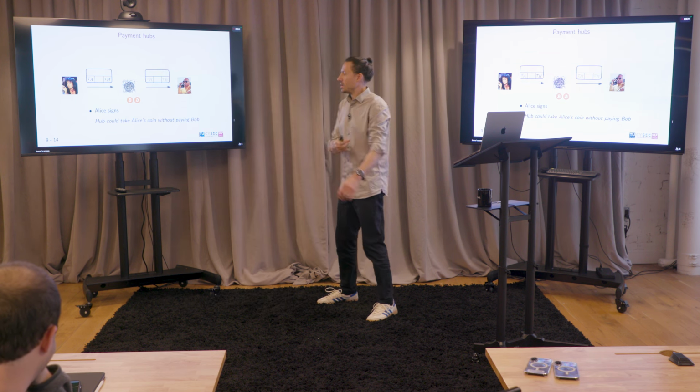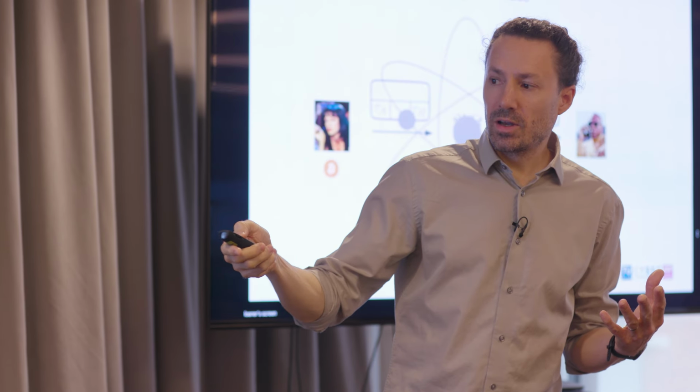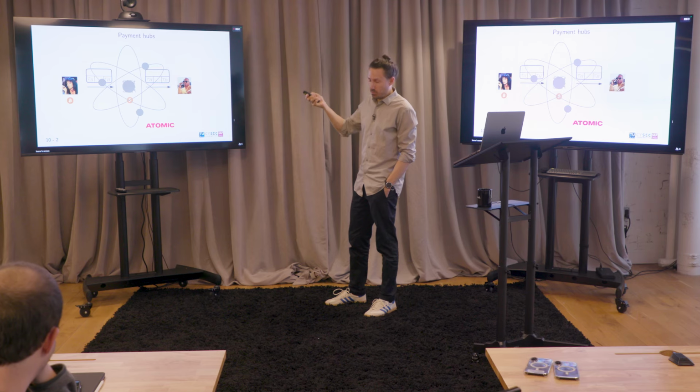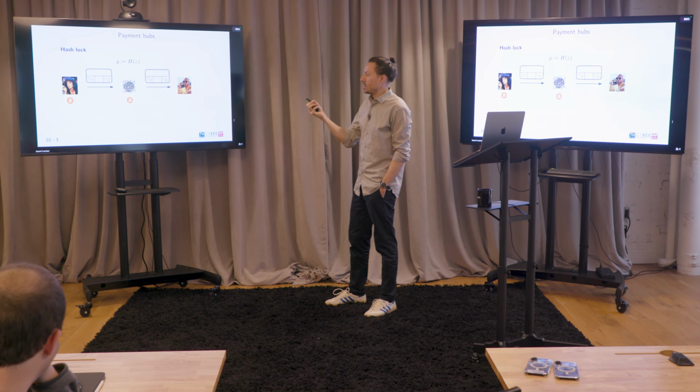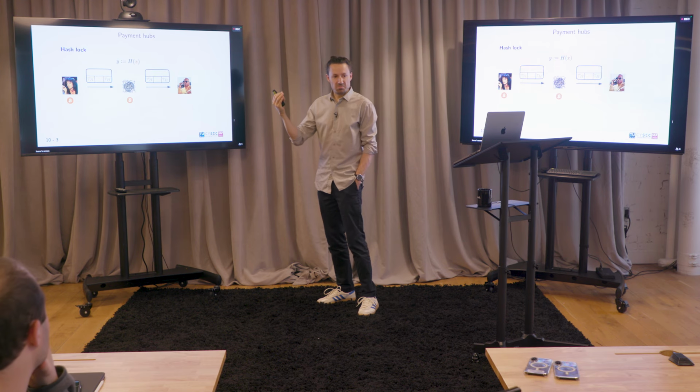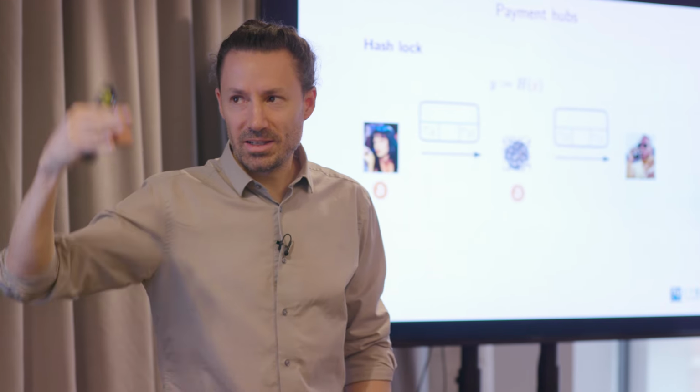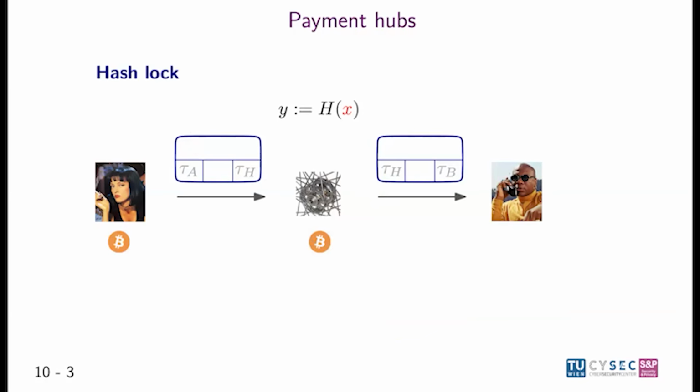Yeah. Okay, but basically the problem we want is we want these things to be atomic, meaning that either both payments go through or none of them does, right? There's a fair thing, right? Of course, the payment hub can just abandon, but then it doesn't steal Alice's coin. As I said, it's not clear a priori how to do this in Bitcoin, but there's one functionality that Bitcoin has, which arguably is an artifact of how Bitcoin addresses are defined, because it's the hash of a public key. And so it has this functionality that you can use to encode spending conditions, which is called a hash lock.